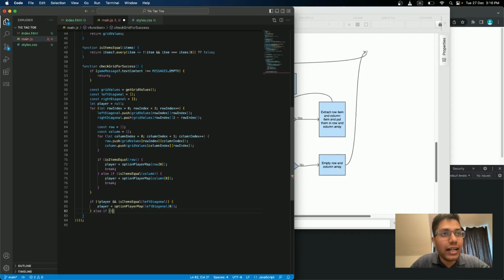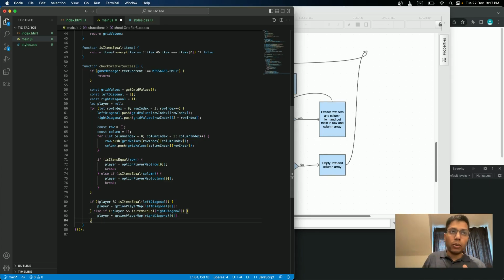Okay, and then say player is null and isItemsEqual right diagonal matches, then player equal to option player map. This is not a function of course, I made this a function, excuse me, that's why I wrote it again, and I will put right diagonal 0th value. Okay,